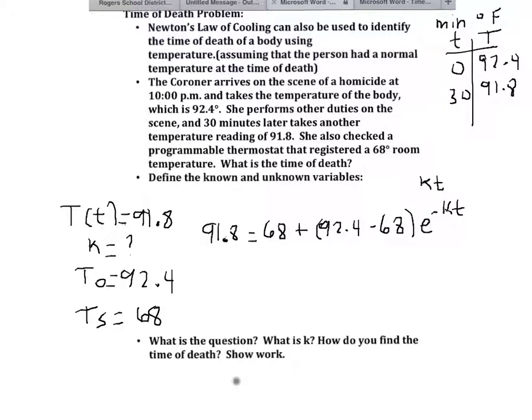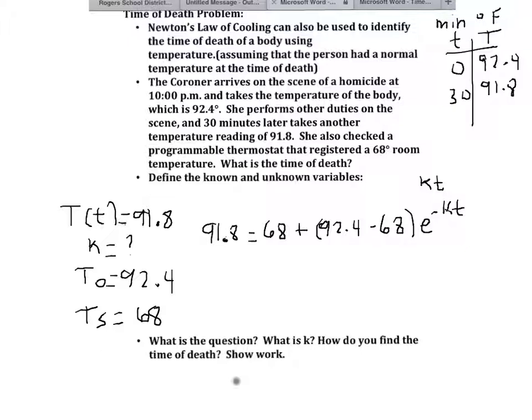In this lesson, I'm having students look at applications of exponential functions, and one of those is using Newton's law of cooling to determine the time of death of a body. And so the coroner arrived on the scene and took two temperatures. One was at time 0 at 10 p.m., which was 92.4 degrees, and the other one was 30 minutes